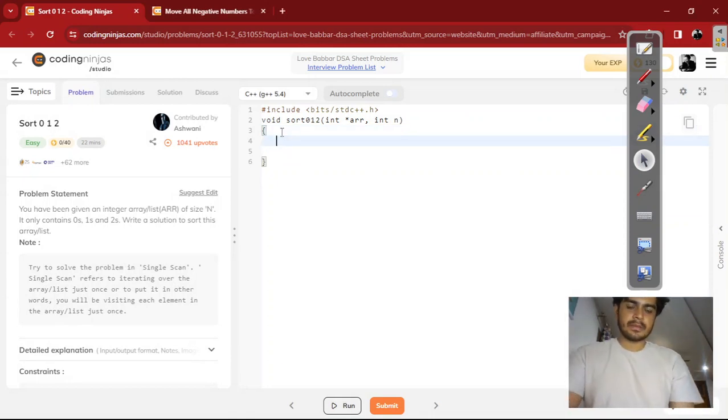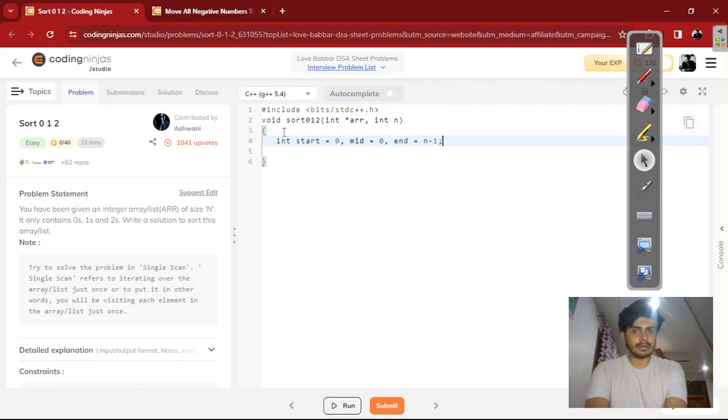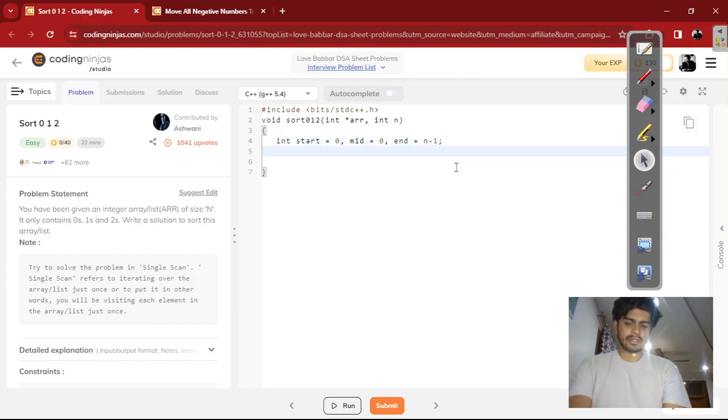So let's say we will go ahead and say int start is equals to 0. We have initialized the value of start as 0. We will initialize the value of mid as 0. We will say end is equals to n minus 1 because of 0th indexing and n is our length of an array. Then we will check while mid is less than equal to end. If that is true, and if